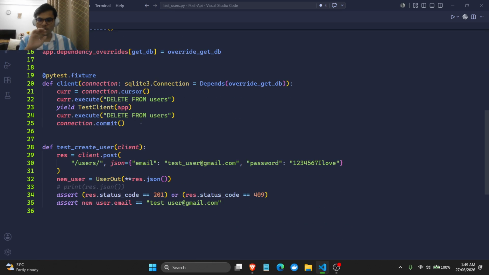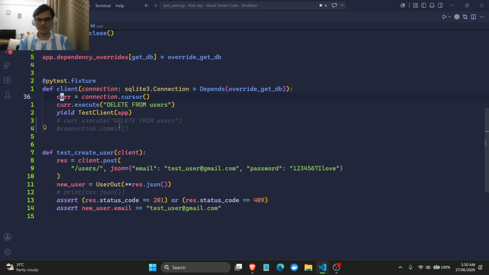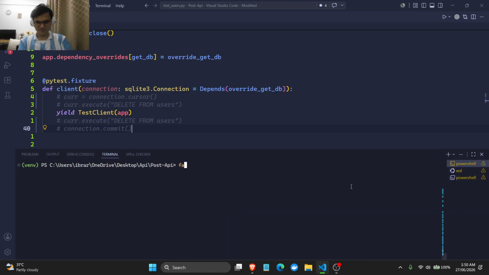So now, in the last video we stopped over here because this thing was not working. What I mean by that is, let me just show you. If I just do this, and we yield the test client, this actually works. If I run fastapi dev app main,